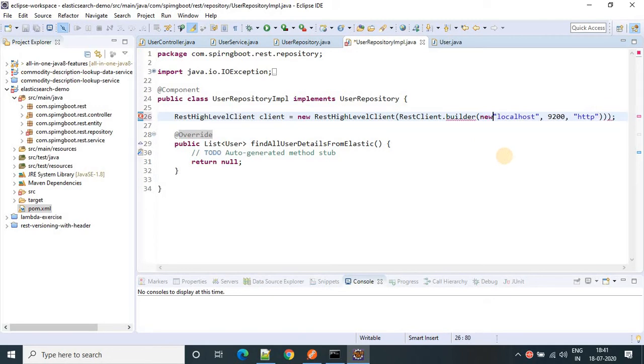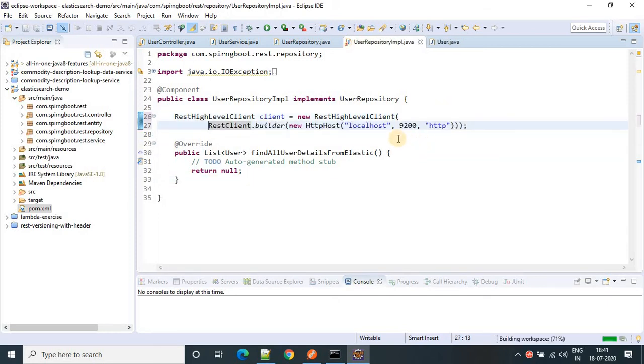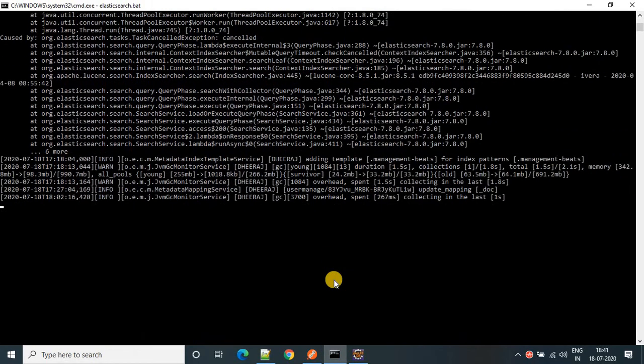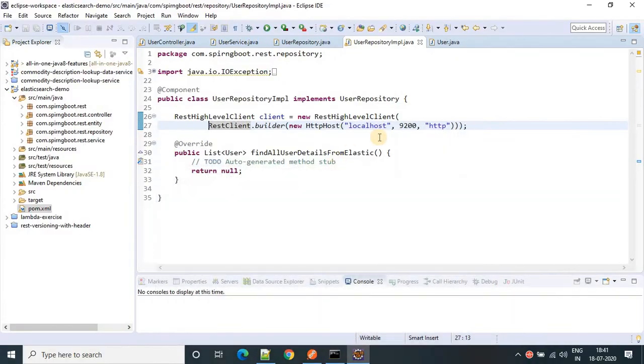One thing I missed here: we have to provide the HTTP host. So Elasticsearch is running in my local machine, I have provided localhost here, the port number is 9200, and the protocol is HTTP. Now write the logic here.